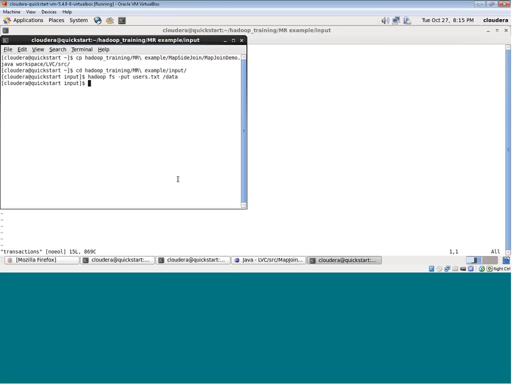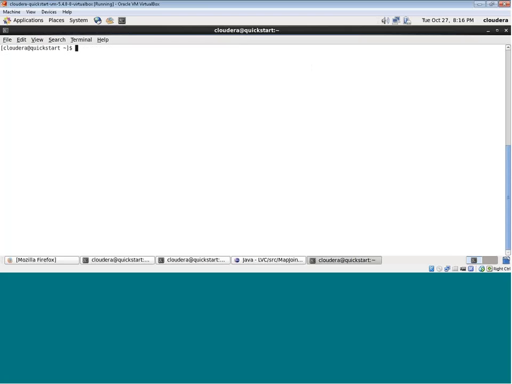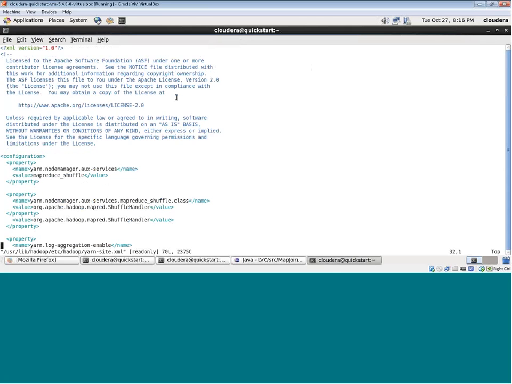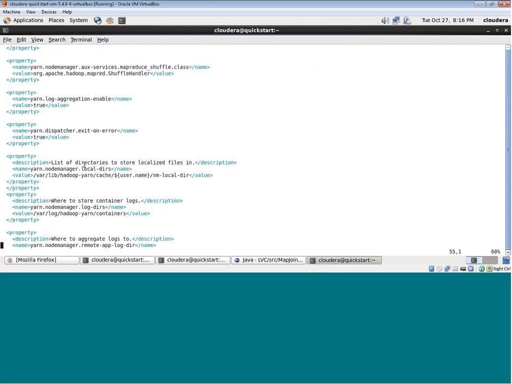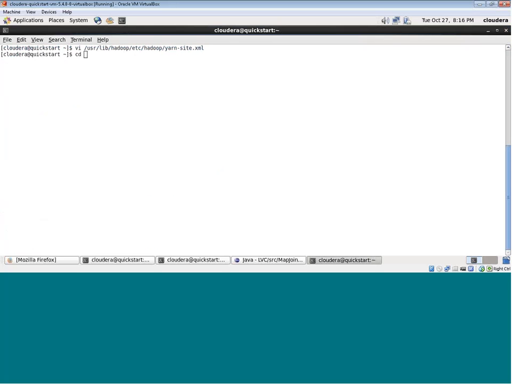Before we start executing it, I need to show you something, which is what the distributed cache is and where it is available. Remember, on the first day we discussed where Hadoop code will be installed and where all the configuration of Hadoop will be installed. There is a file called yarn-site.xml, and I have shown you this on the first or second day itself, where you can see there is a directory available, which means these are the local cache directories. It is a distributed cache directory where all your distributed cache files will be stored in every machine. So if I go to this path,